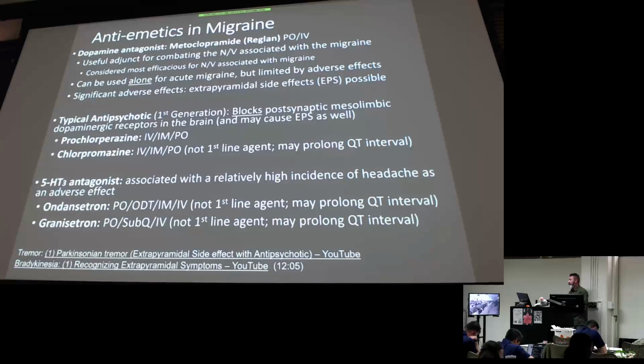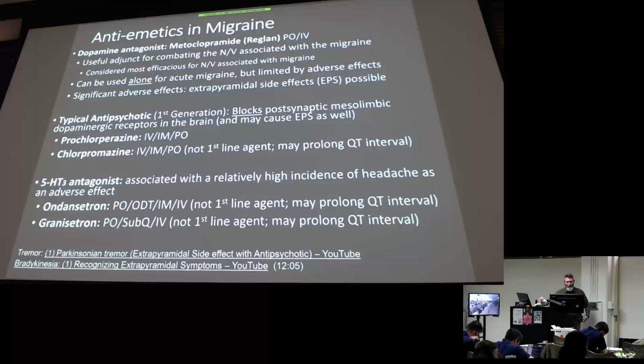So we said nausea and vomiting is very common in migraines. So what antiemetic do we use? Usually a dopamine antagonist, Reglan, metoclopramide, first line. I would know that. And what are the adverse effects? They haven't changed since we've talked about them in numerous classes. EPS, right? Because they're a dopamine antagonist, you can get those extrapyramidal side effects. And we remember what those are, right? Those abnormal movements, unwanted, lip smacking, facial muscle movements. So EPS, adverse side effect.